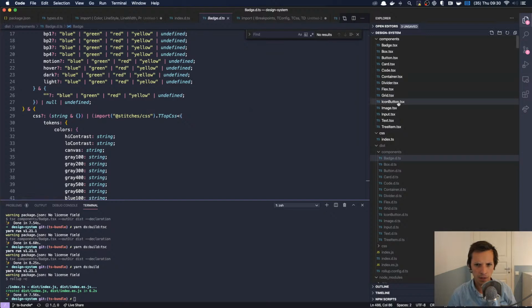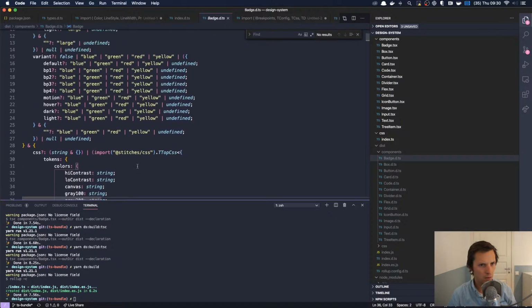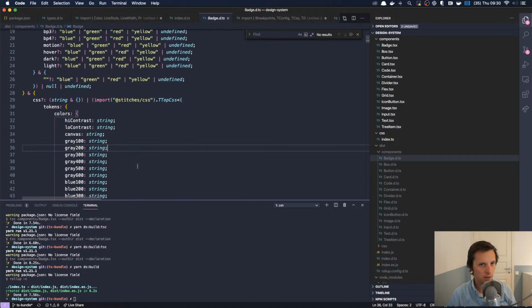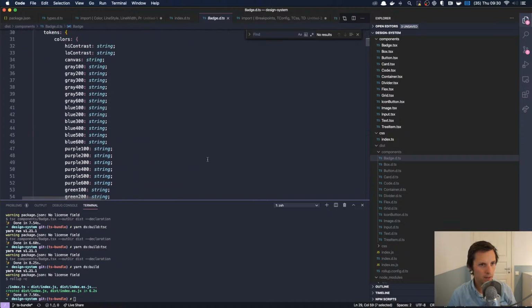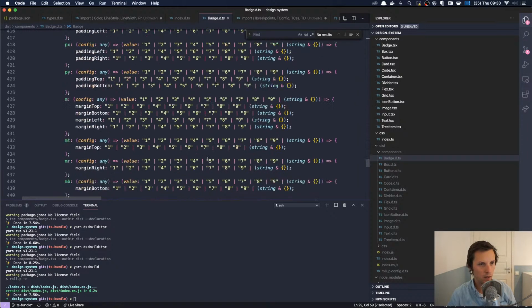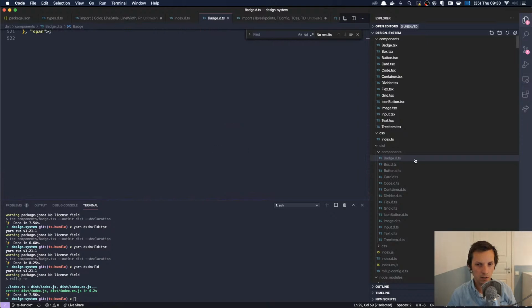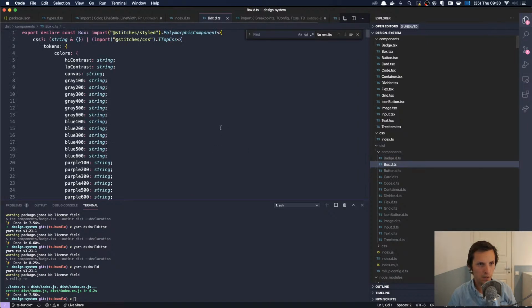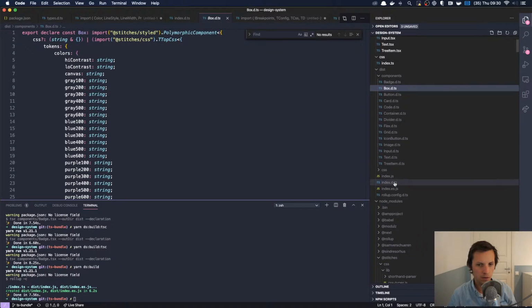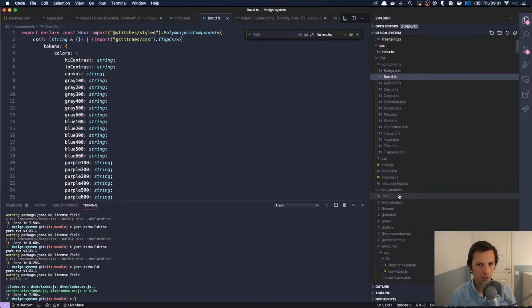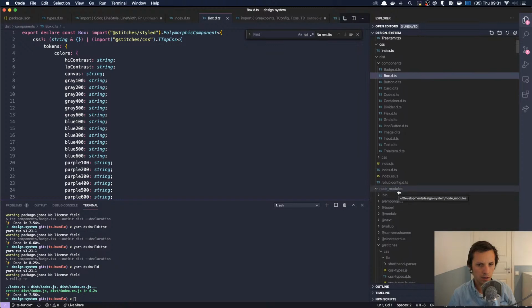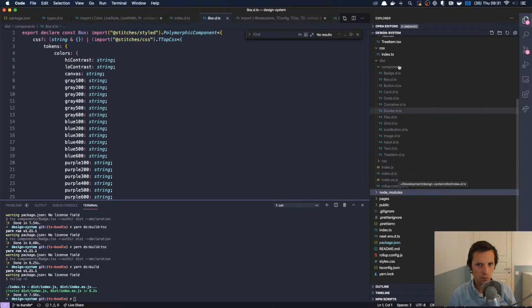Oh wait, is there some cat? What? Why isn't this using? This is suddenly using T-top CSS again. Why is it doing that? Why is it doing that? Because this is using rollup. But,